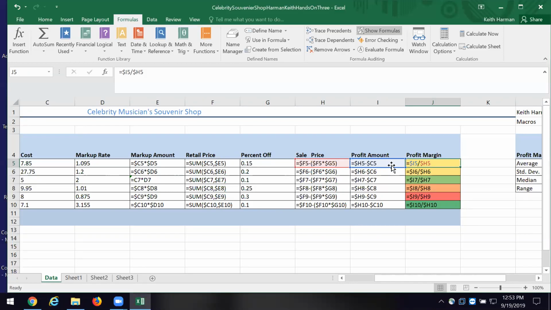I5 is the profit amount. H5 is what? The price. So it gives me the margin I get for each item I sell. In other words, the percent or the amount that I'm making over and above the sales price, or in addition to the costs.